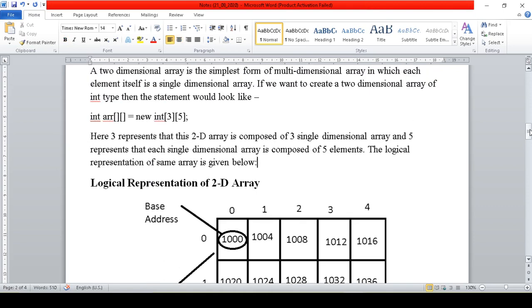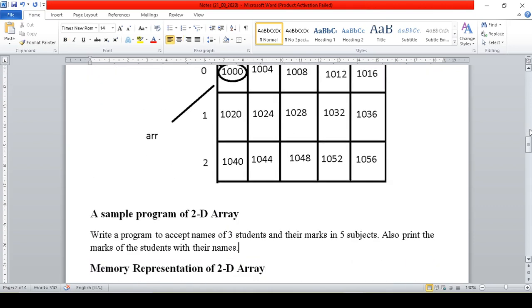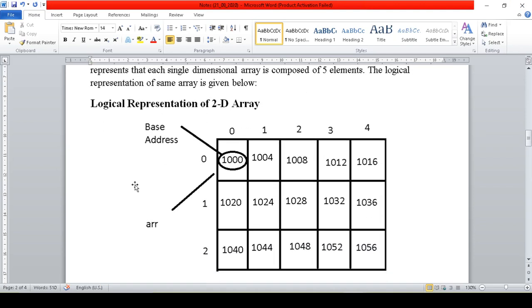Now let's see a sample program of a 2D array, and then you will realize how we create a 2D array, how we initialize a 2D array, and of course how we are going to access it. So suppose we are working on a 2D array, in real life you can relate it with a matrix. All the 12th A students can easily relate it with a matrix. Though 12B students, I think you have also studied matrices in class 10th. A matrix is written in a tabular form, so you can relate it with a matrix.